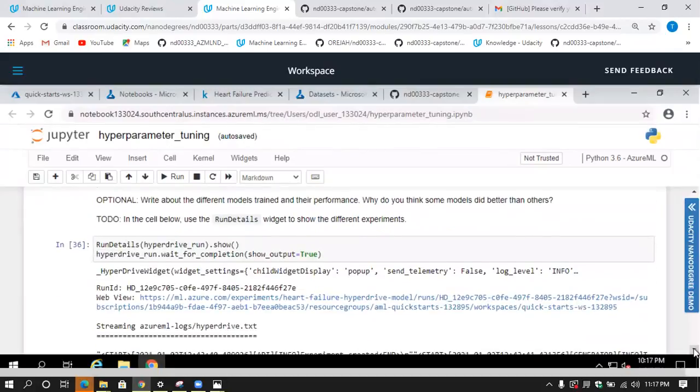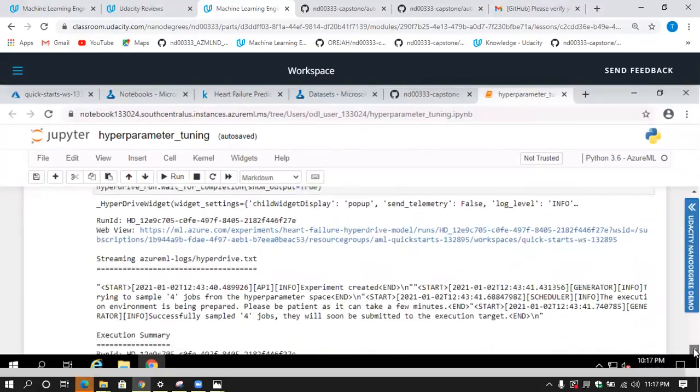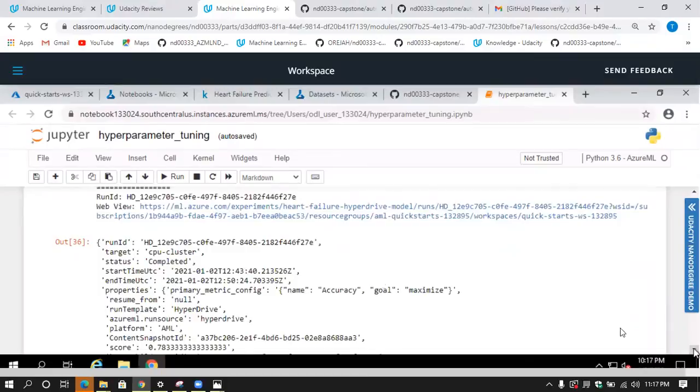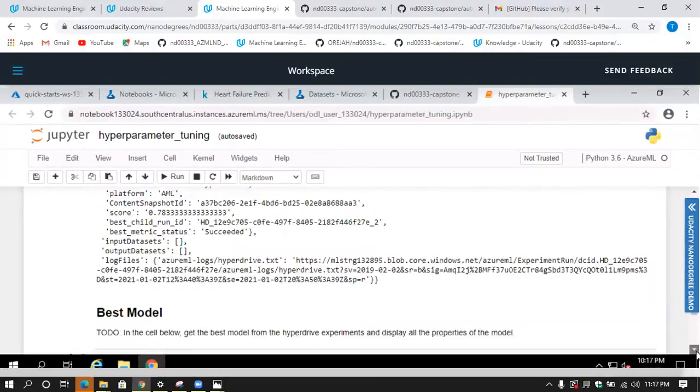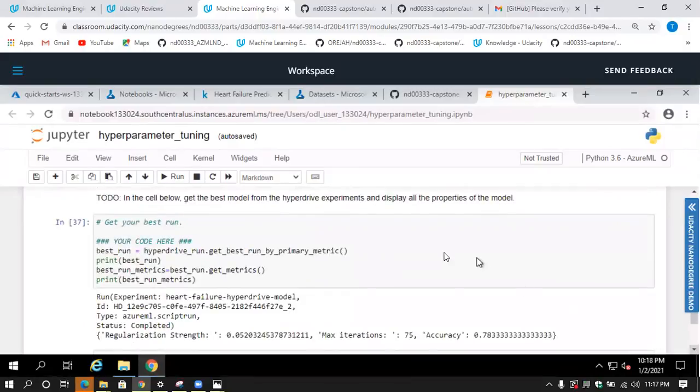On completion of the experiment, I got it to be completed. And I have my best model ID, best run ID. Yeah, I got an accuracy of 0.7833 with a regularization strength of this.